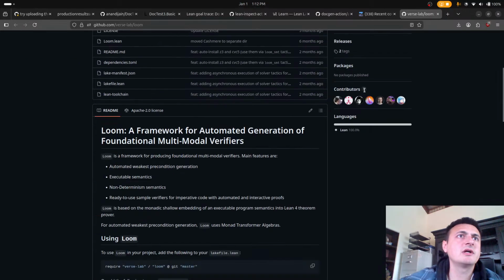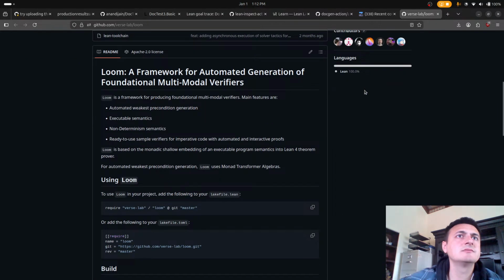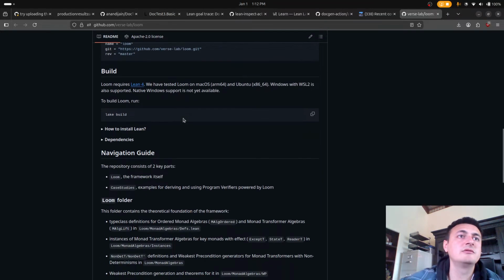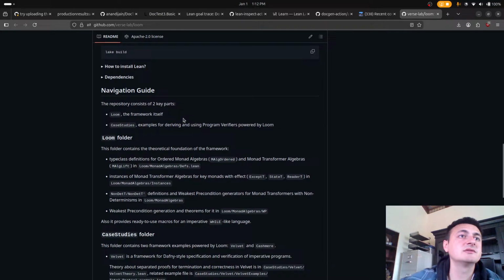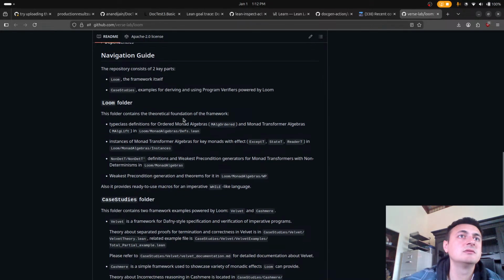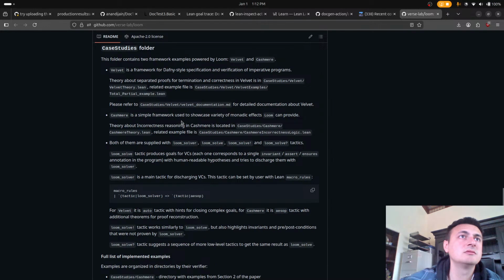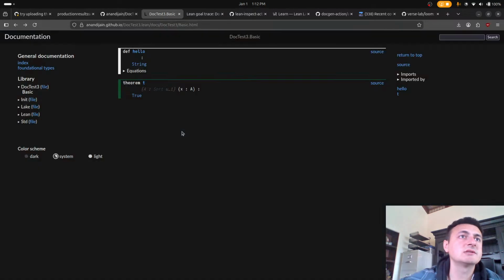Multimodal verifiers. What does that even mean? Loom is a framework for producing foundational multimodal verifiers. I do not know what that means. Okay. In any case,